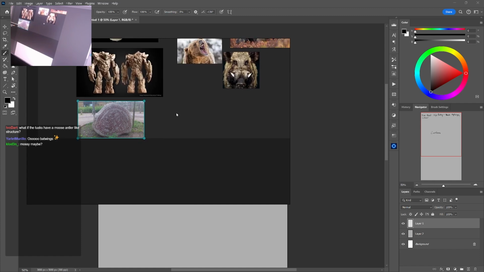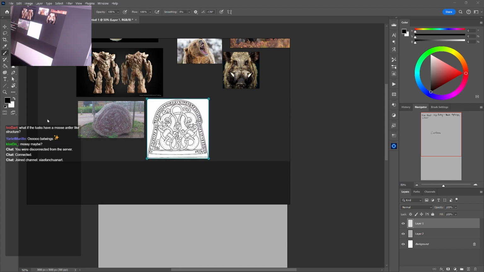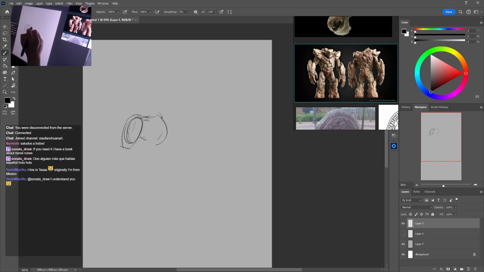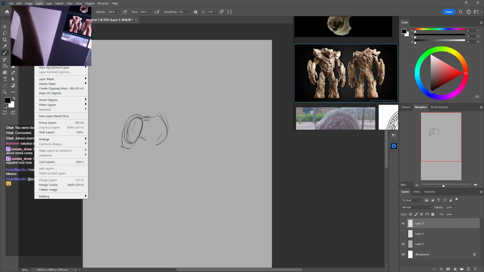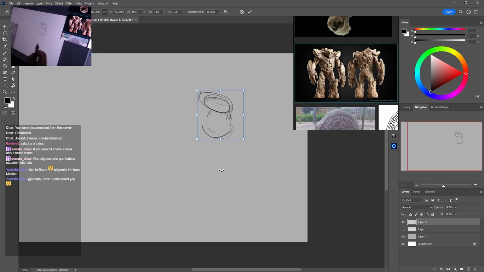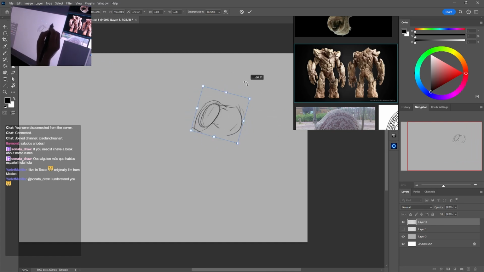Let's see. Is this Jormungandr? I don't know. There you go. Okay, well, I think that's a good start. So let's start with the overall shape. Okay, so let's make him fly, right? So maybe we'll put the head here, and I really want him to look really heavy. I think I'm gonna change the canvas. I'm gonna rotate it 90 degrees because this is gonna be a horizontal design, I think.